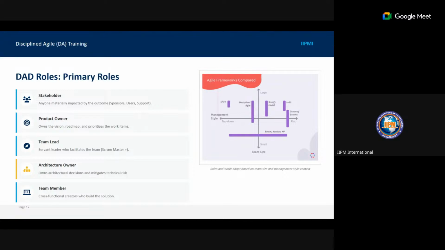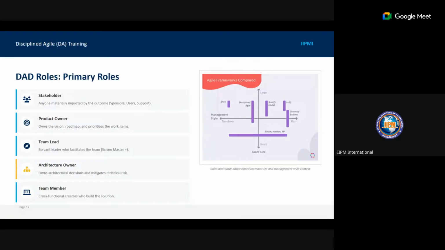So from here, the product owner is meant to be the one representing the stakeholders, but now I have the stakeholders inside the roles. The team lead remains the Scrum Master. The architecture owner and the team members are supposed to be the development team.